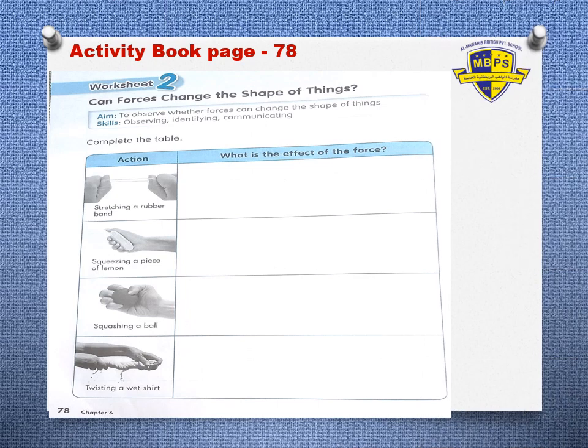Grade 2, everyone, boys and girls, get ready with your activity book and open page number 78. You can pause the video, bring your activity book, open page number 78 and write today's date. What is the date today? 10th May 2020. Very good. I will give you 2 minutes time.